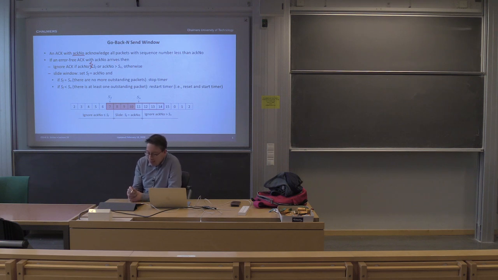So the thing is that if SF is equal to Sn, then there are no more outstanding packets, and we stop the timer. If SF is less than Sn, then there is at least one more outstanding packet, and we start the timer. Let's see if this makes sense. Before we get the acknowledgement, we have transmitted packets 7, 8, 9, and 10. If I then get an acknowledgement which is less than SF,